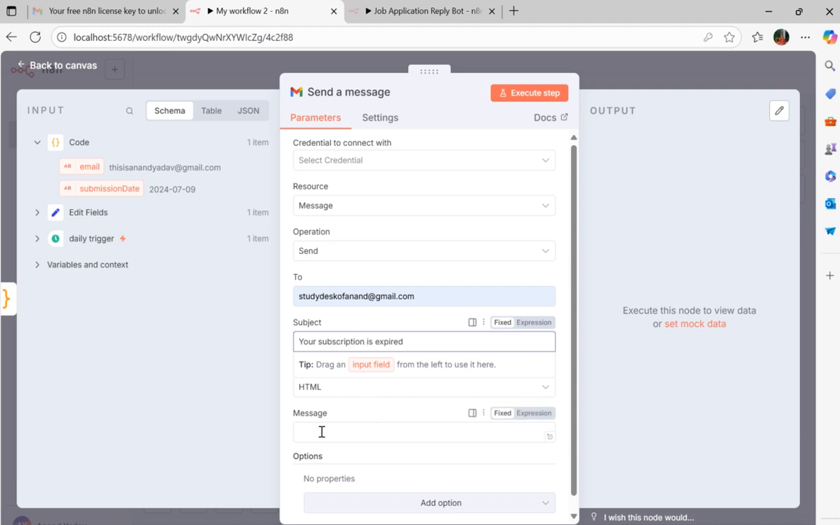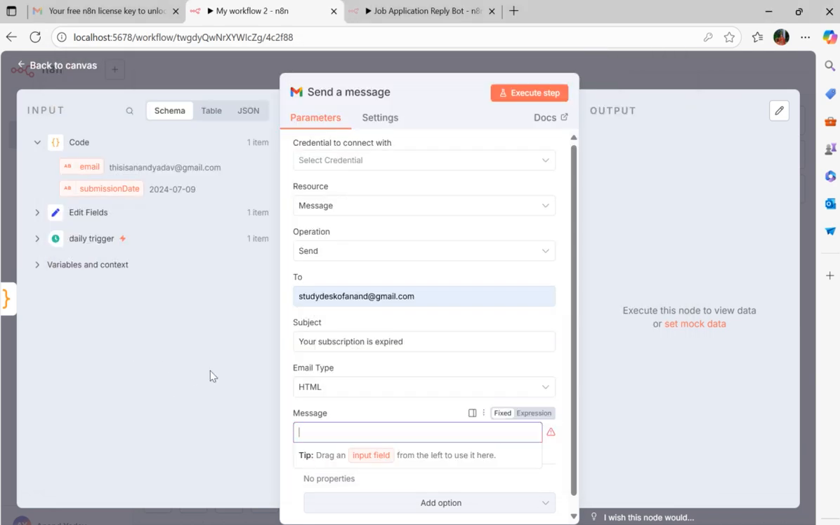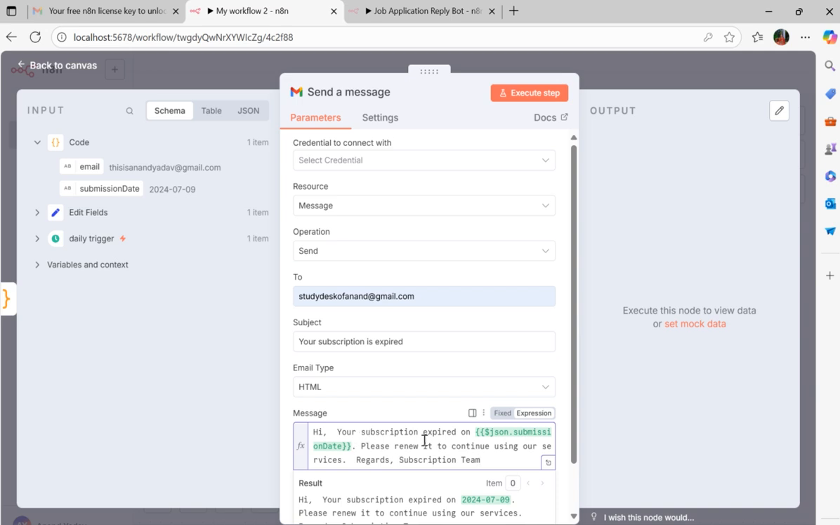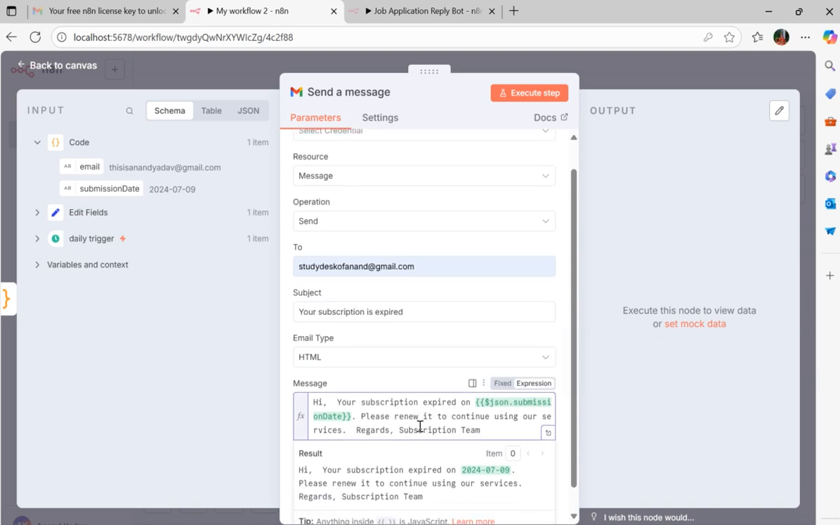Okay, now for this message I have already formatted it. So this will be what our email body looks like. It will just send out an email like, hey, your subscription is expired, and mention the date. Now one thing to note, right, since I have hard coded this email ID and subject and plain body,